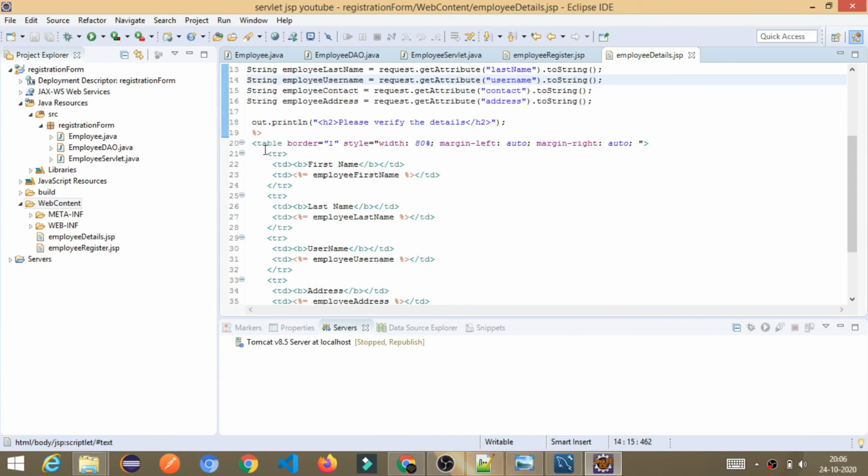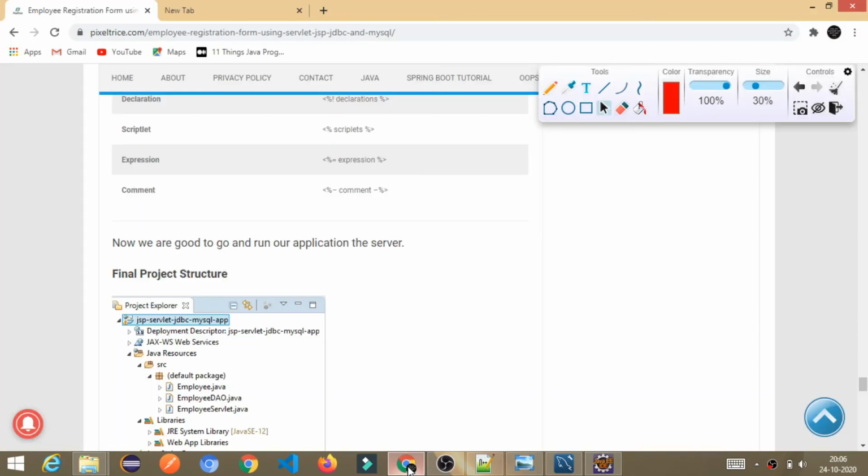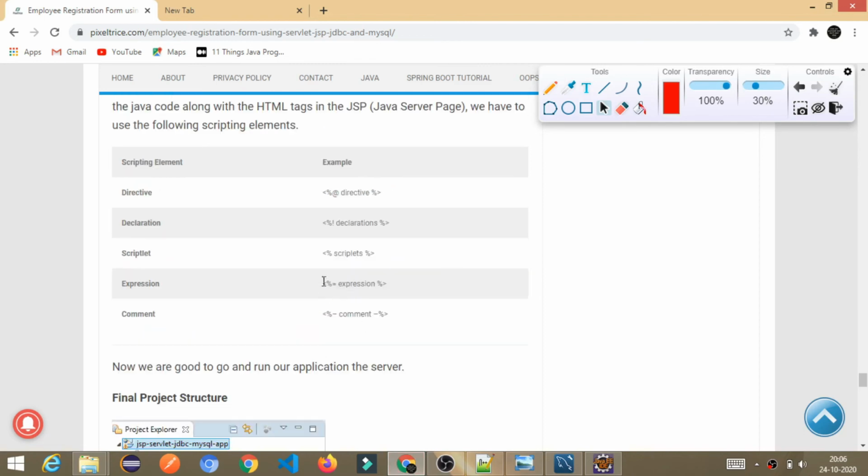Finally, I have created the table tag where I mention the first name, specifying the first name, and this symbol is used for the value purpose. I explained what the name of this expression tag is.